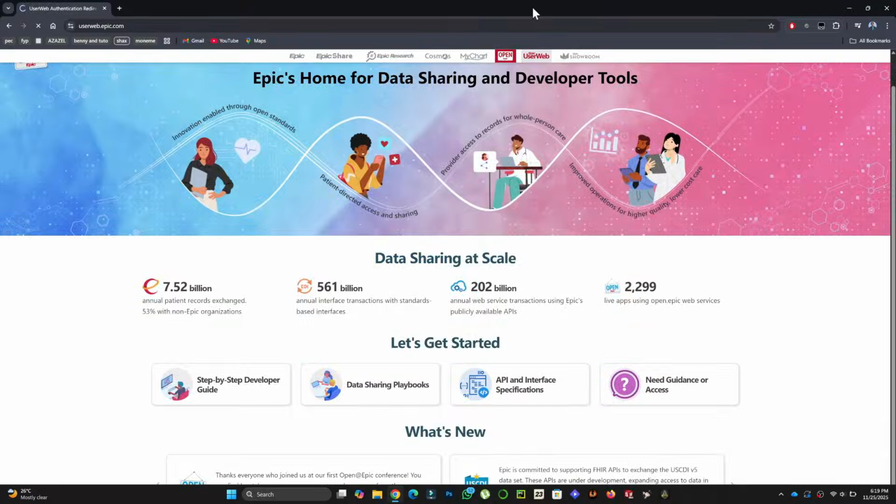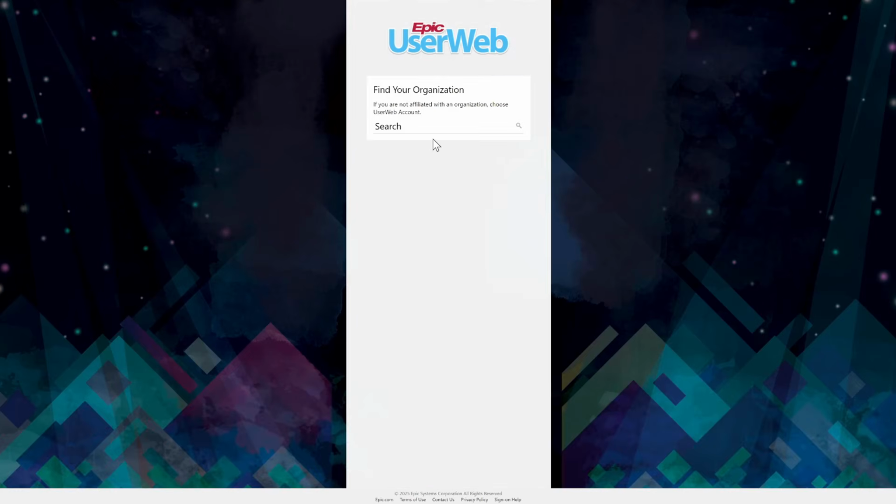Hospitals use this feature when they want to integrate external software with their existing Epic workflows. Epic UserWeb is another important portal. This is a secure area designed specifically for Epic customers, including clinicians, administrators, and IT staff. UserWeb contains training materials, documentation, system updates, support forums, and downloadable software components. Access requires a UserWeb account and organizational approval. Institutions use this portal to train new employees, troubleshoot issues, download updates, or learn new features introduced in the Epic